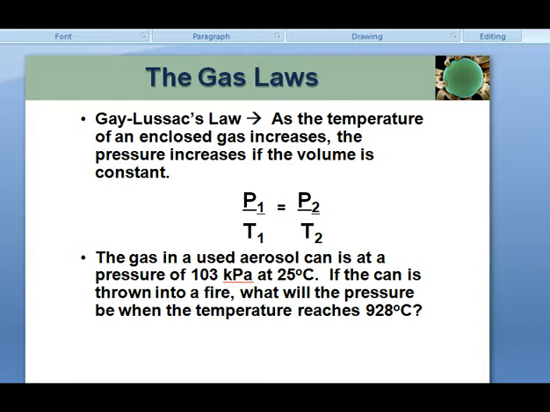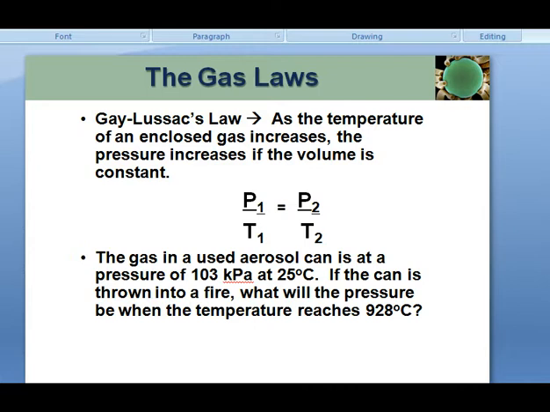There are more blowouts because essentially the tire can't expand, and so the pressure builds until it weakens the walls of the tire, and then there's a blowout. So can you perform this calculation? If an aerosol can, not such a good safe situation, can you calculate the new pressure? The answer won't be shown, so I want you to compare your values with others in the class and see